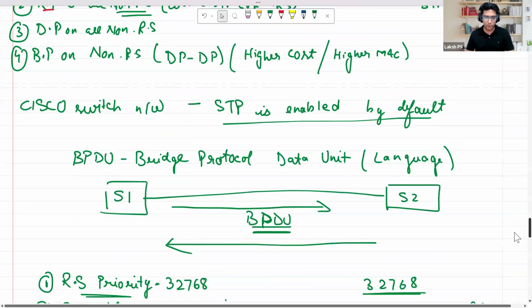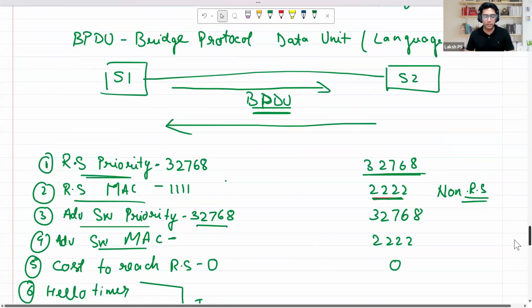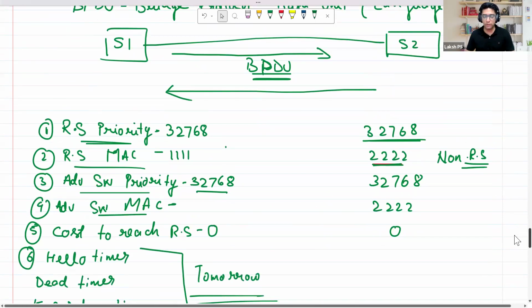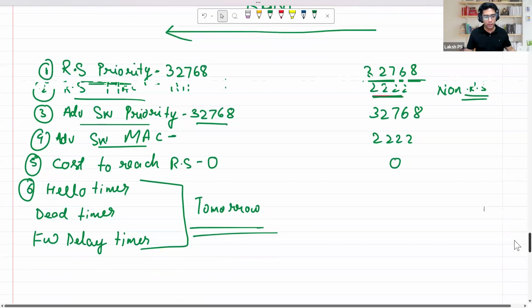And then we discussed about BPDUs, Bridge Protocol Data Unit, and basically a Bridge Protocol Data Unit is a PDU, or a protocol data unit, which is sent by any spanning tree speaking switch, right? So whenever a switch is powered on, it sends BPDUs, that is spanning tree BPDUs, in which these few things are the main contents. So it tells about the root switch's priority, it tells about the root switch's MAC address, it tells about the advertising switch's priority, it tells about the advertising switch's MAC address, what does it cost to reach the root switch, etc. Along with that, it also tells about the hello timer, dead timer, and the forward delay timer in